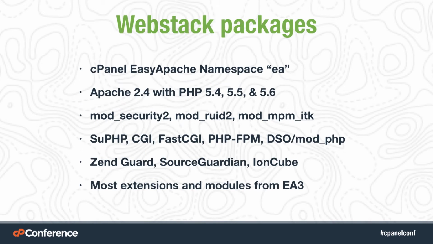During the course of the 11.52 development cycle, one of our development teams here at cPanel spent around 8 weeks building out the RPMs for the new EasyApache 4 web stack. During this time, we produced right around 250 different RPMs. cPanel RPMs are prefixed with the EA- namespace in the packages. This helps ensure that any packages that are prefixed with that EA- come directly